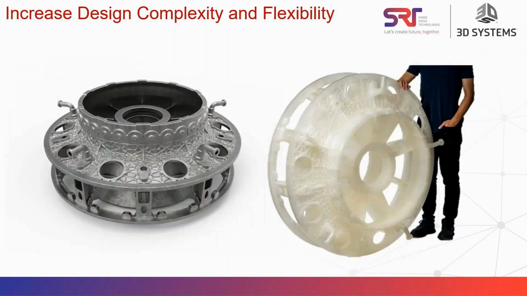Some more images you can see on the left-hand side. It is a 1 meter diameter component. You can see the structures, surface texturing, holes, pockets, which are highly complex to produce in traditional injection molding or wax-based methods. So that's the leverage of 3D printing, where you can produce complex geometry in a simple way.